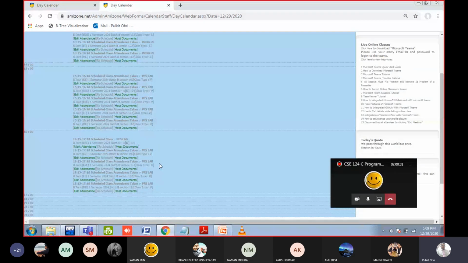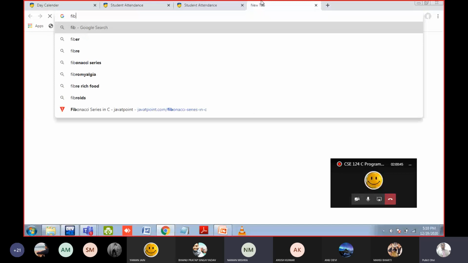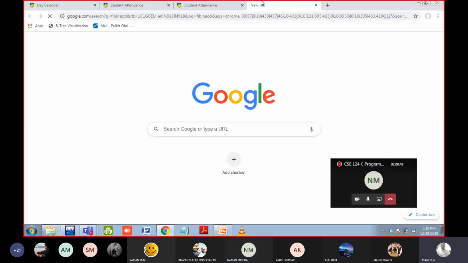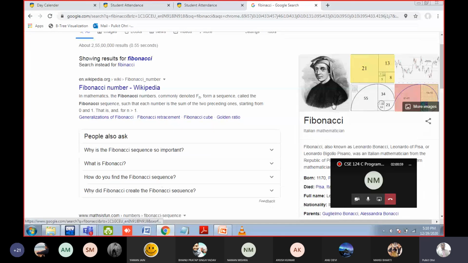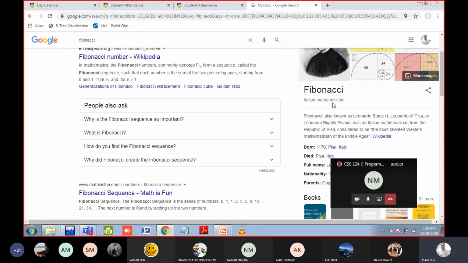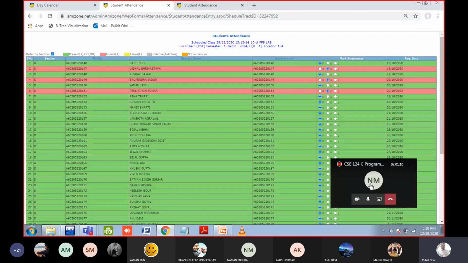What is the meaning of Fibonacci? Just search on the internet, anyone. What is the dictionary meaning of Fibonacci? Let me check. Sir, Italian mathematician name. Okay. So he gave the Fibonacci series, yes or no? I thought Fibonacci means summing of elements. Okay, so he was a particular person. Oh, so he was born in 1170. Okay, so that is the homework. I will stop the recording.